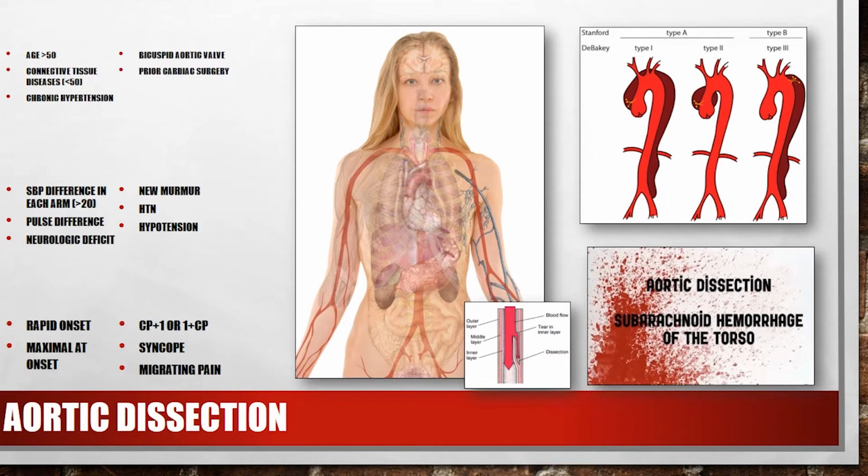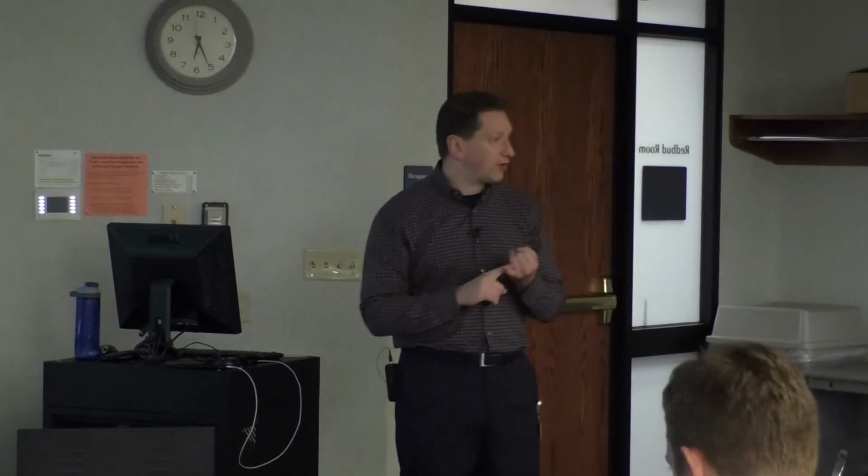So what you will notice if the dissection occurs between this vessel and this vessel, which is a very specific finding, is that you'll have a difference in blood pressure between the arms, okay? The only two things that on a test are going to give you differences in blood pressure are an aortic dissection and what's called a coarctation of the aorta, which is a pinching of the aorta right before that third branch right there, okay? Those are the only two things that are usually going to cause that.